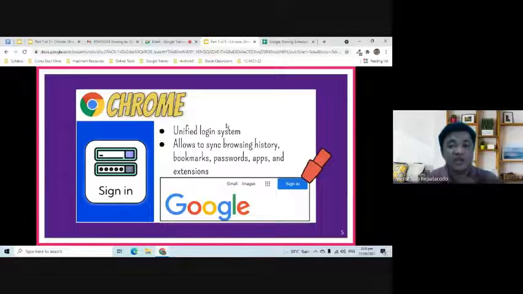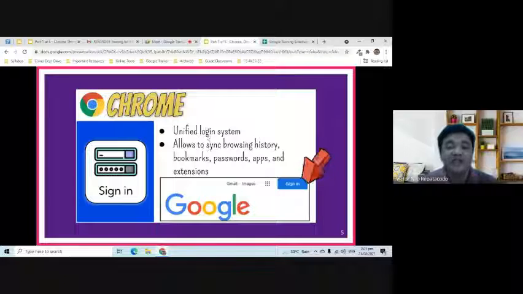Even if you just open Gmail, it automatically opens all the other applications of Google. That's why you will not be required to sign in again if you are trying to open, let's say, Google Docs, Google Sheets, and other Google products. It is what we call a unified login system. Moving on,